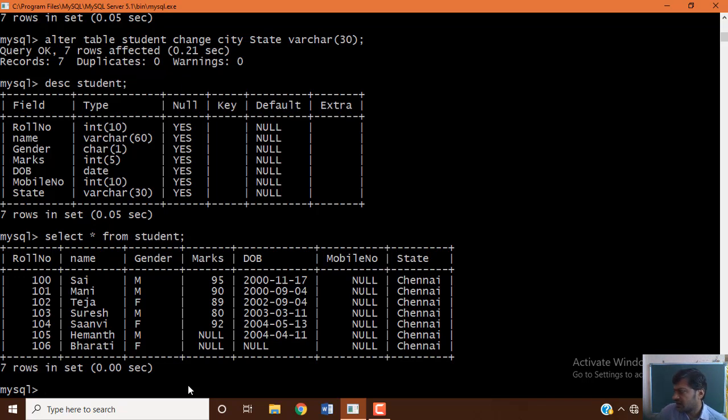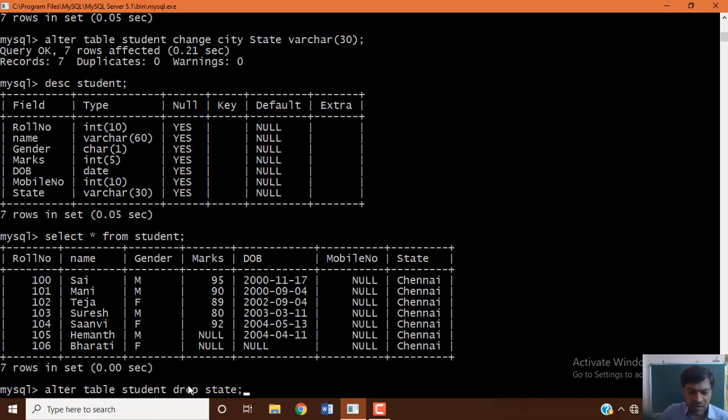Suppose you want to delete a particular column. Yes, you can delete it by using the alter table command. How can you drop that? Let's see. If you want to delete one particular column or attribute or field from your table, alter table student drop field name.